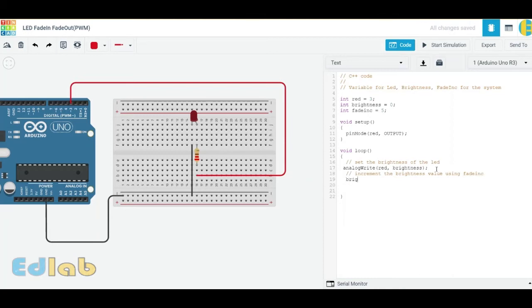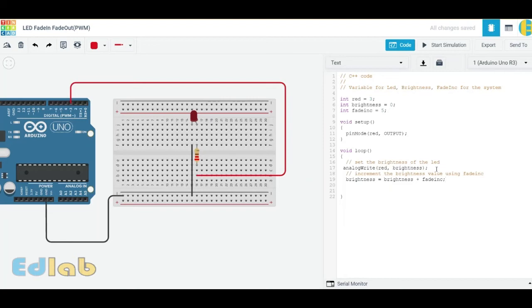So we use our arithmetic instruction: brightness is equal to brightness plus fade increment. So whenever the loop executes, its value will increase by 5.